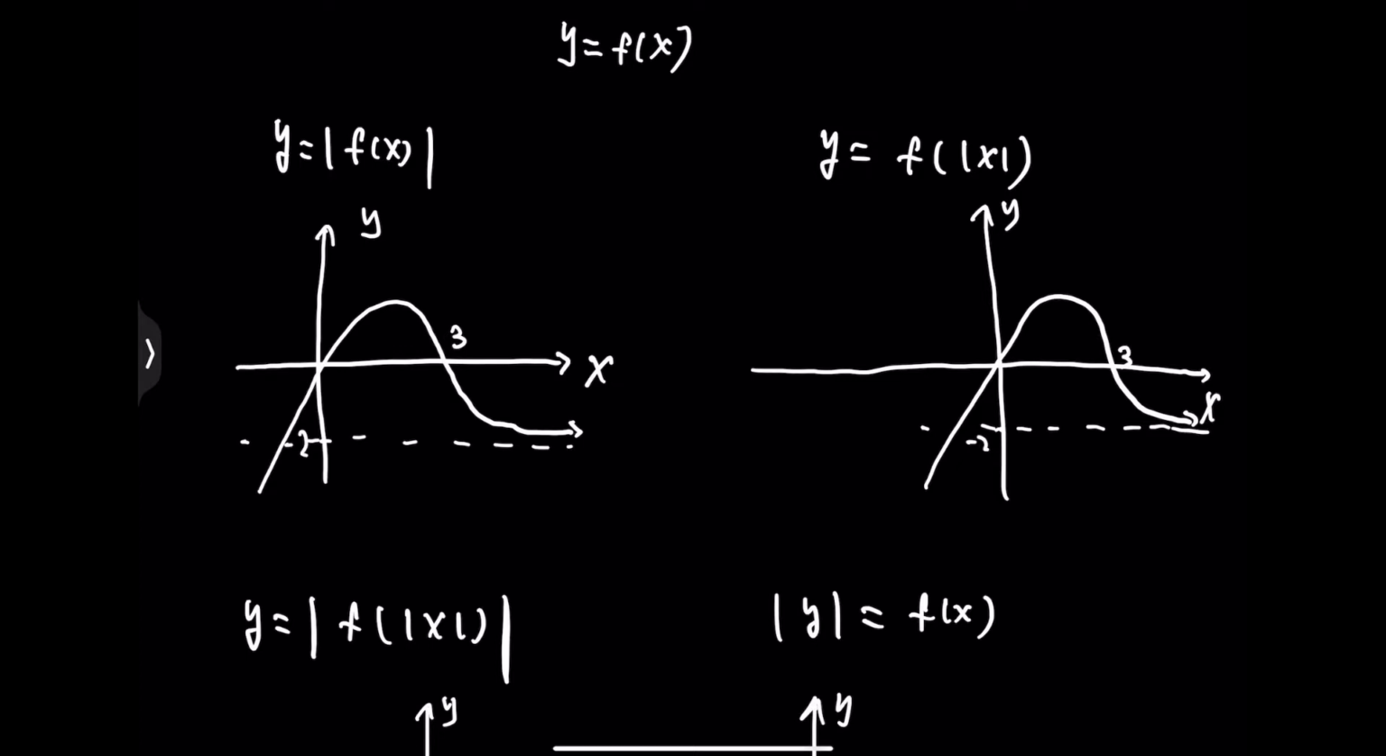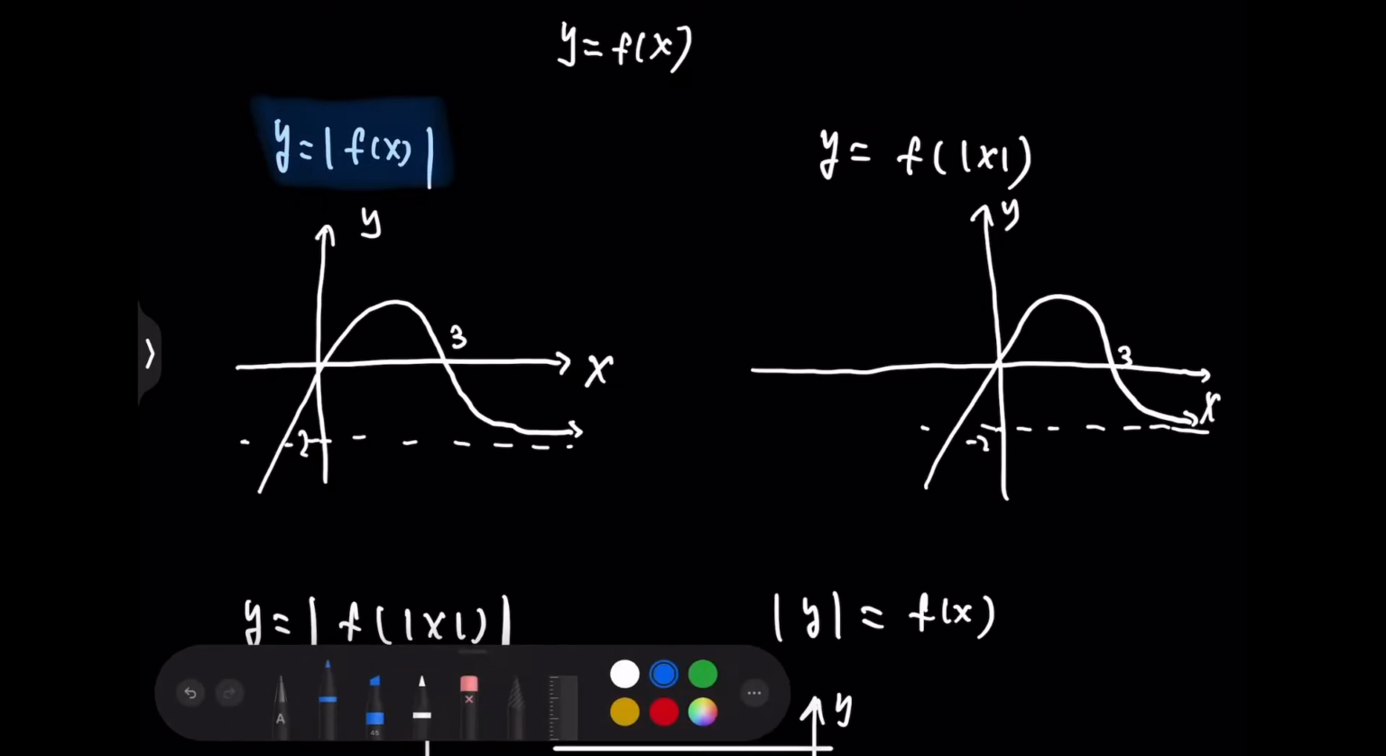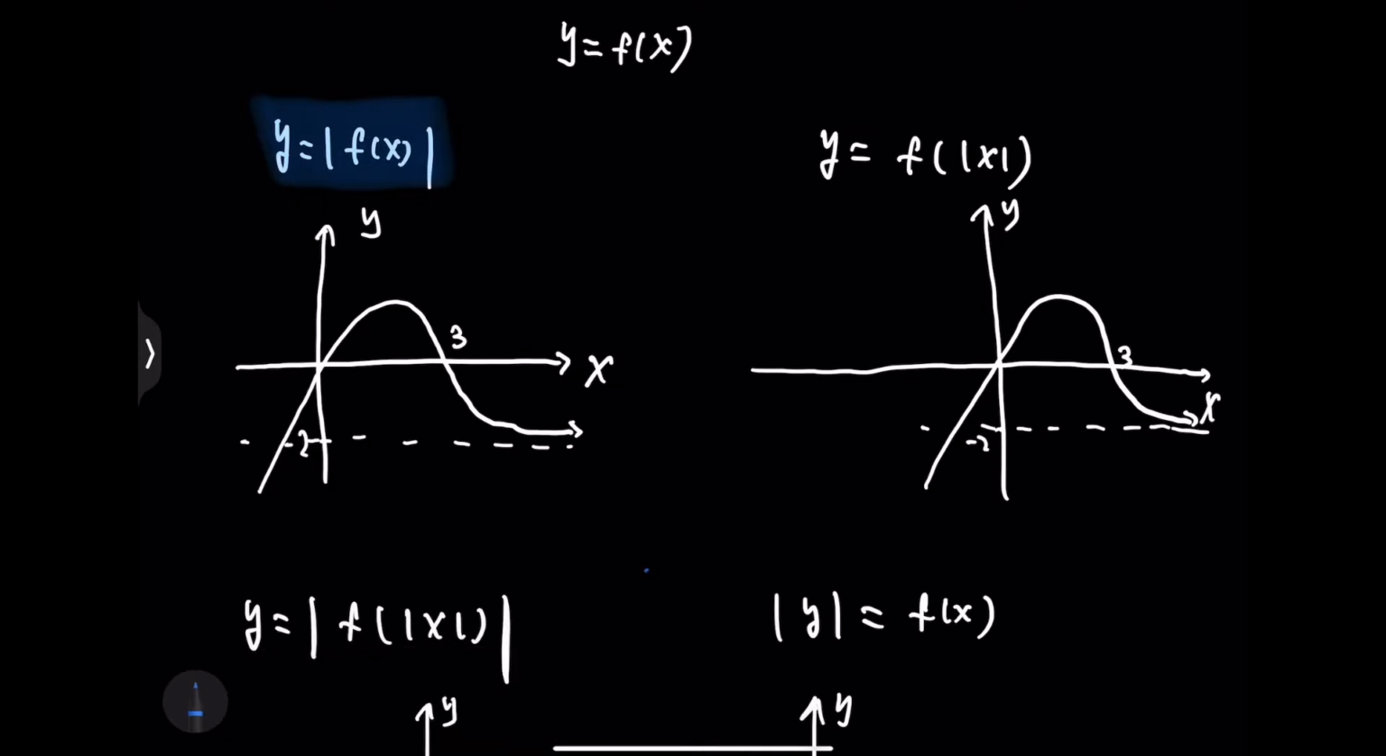So let's start with the first one, y equals the absolute value of f(x). I'm going to sketch this one using the blue pen. If the whole function is an absolute value, as I mentioned in the other videos, you just keep the positive parts of the curve and reflect all the negative parts into the positive, like a mirror image